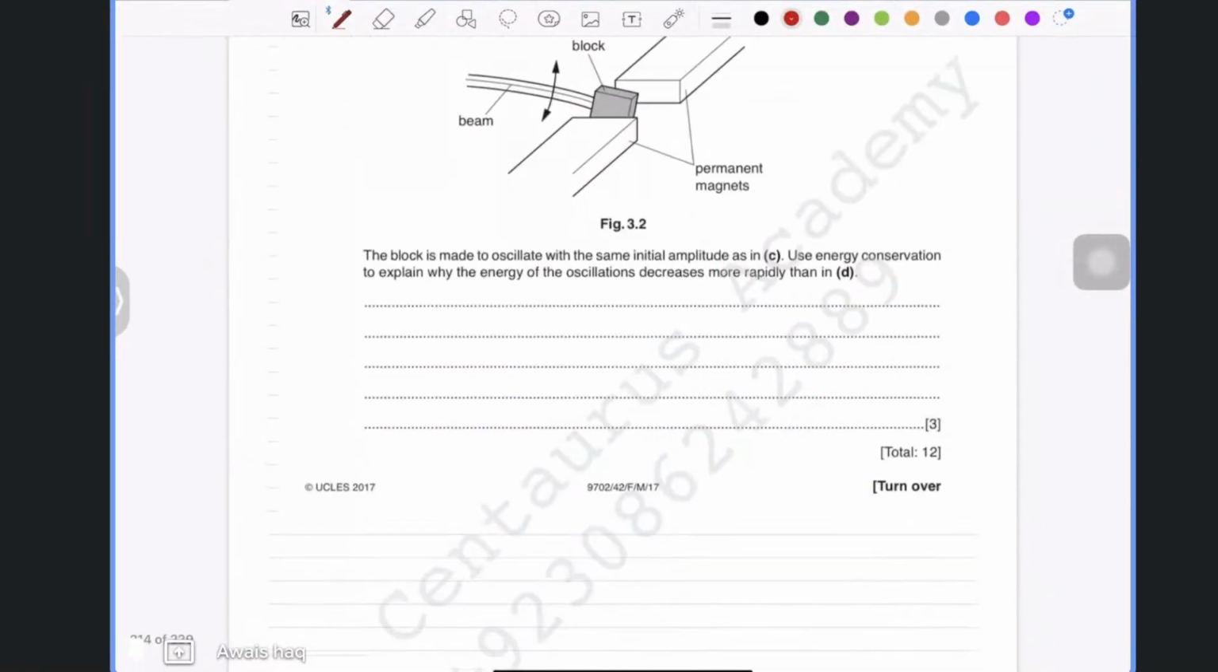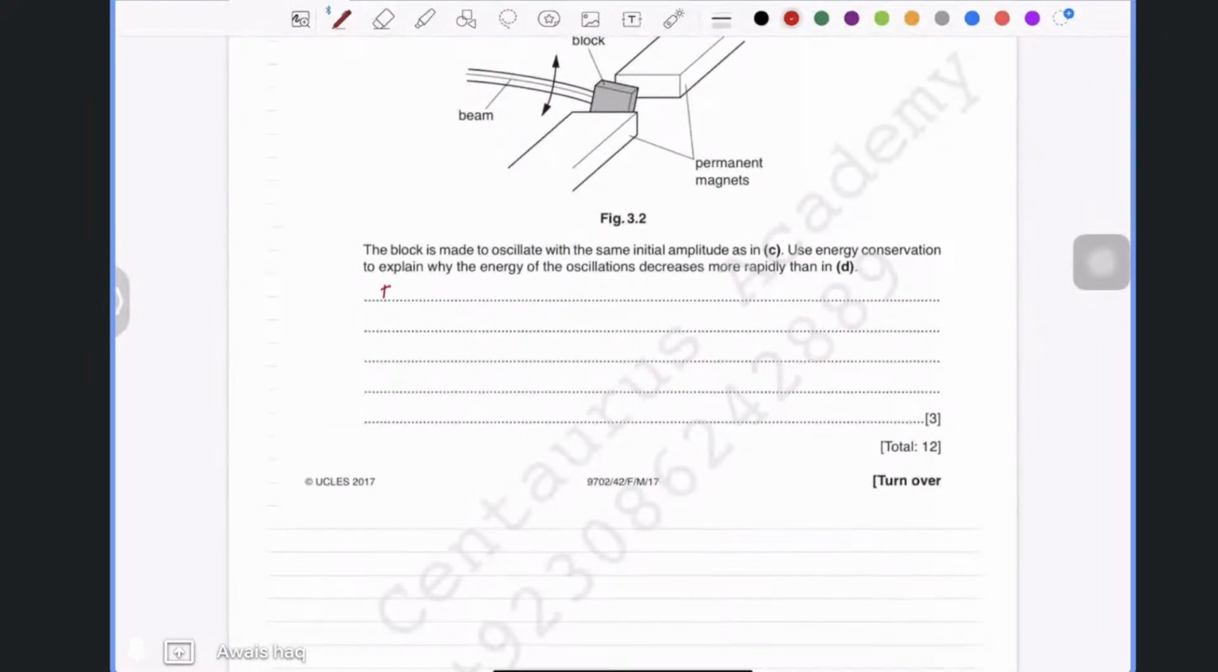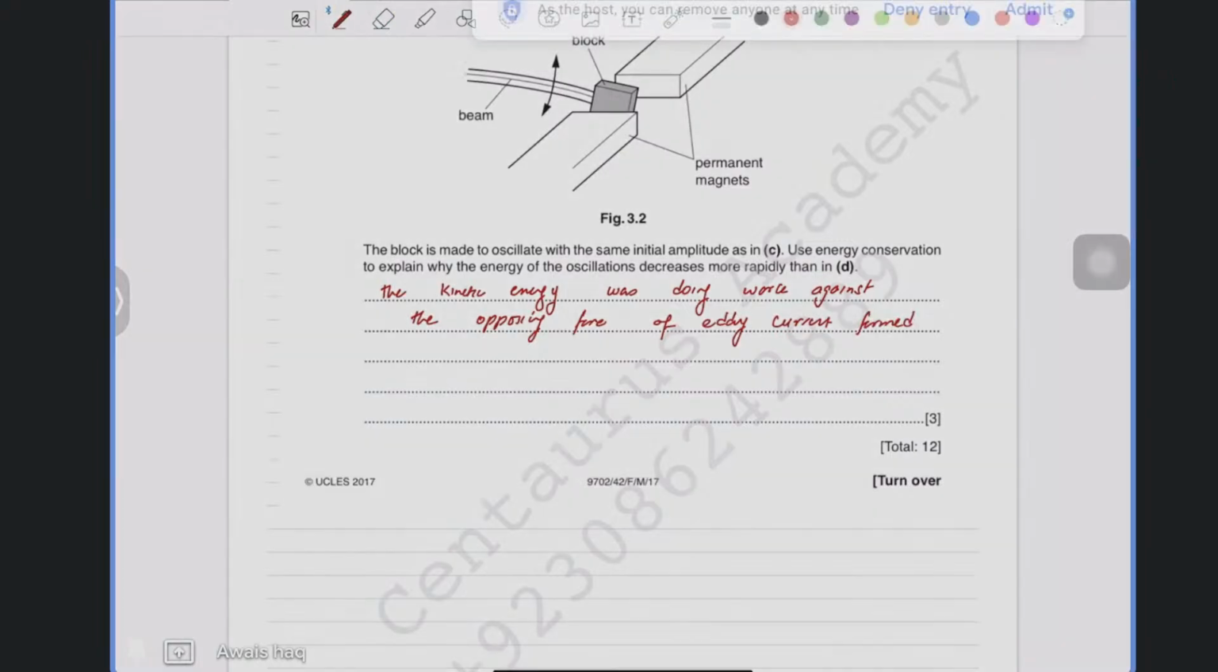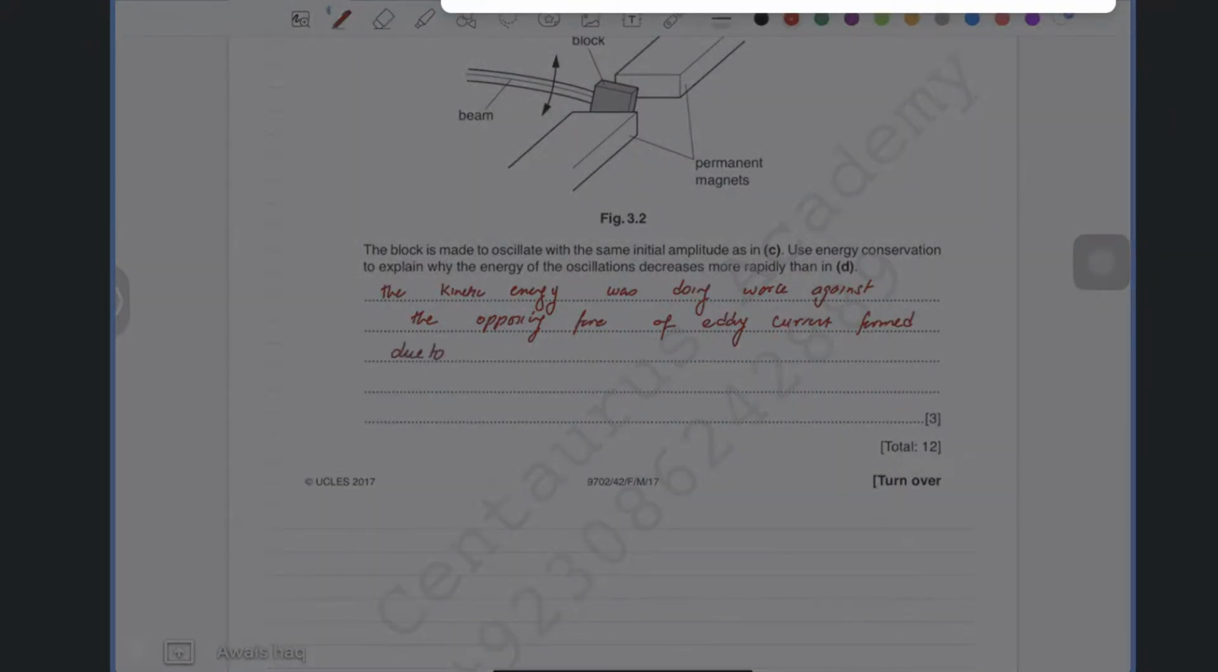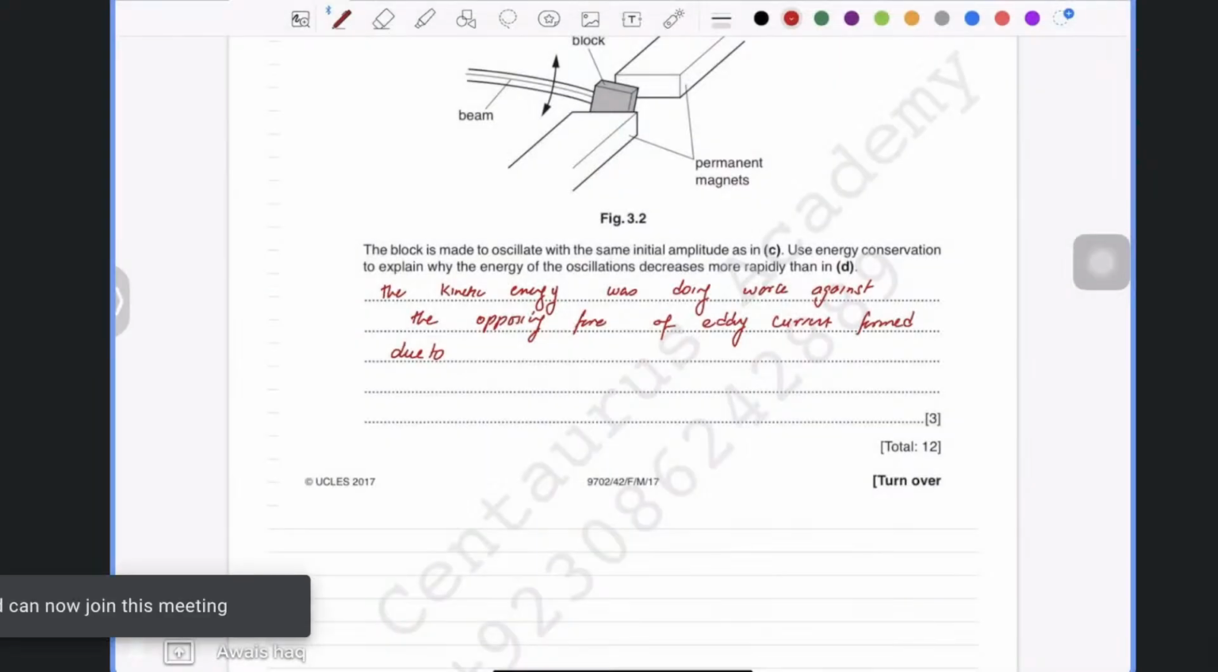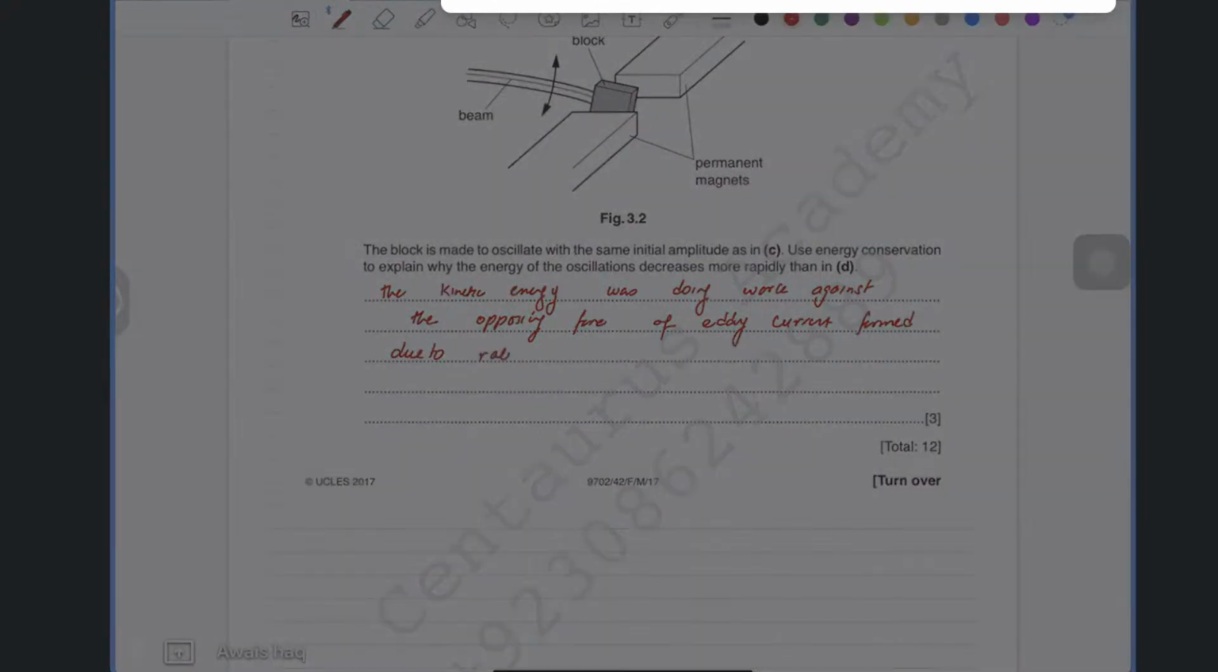So the thing is, with respect to energy conservation, we need to understand that the kinetic energy of the block was doing work against the opposing force of eddy currents formed due to rate of change of magnetic flux. Okay,